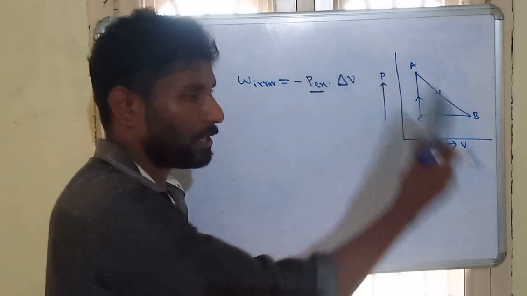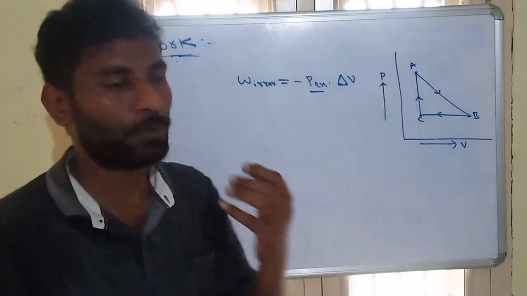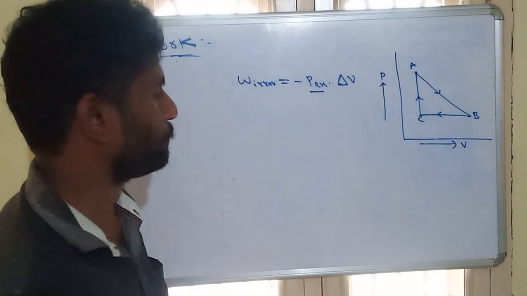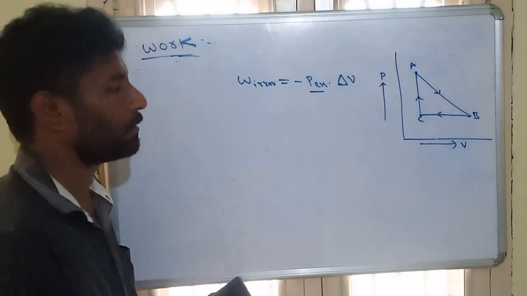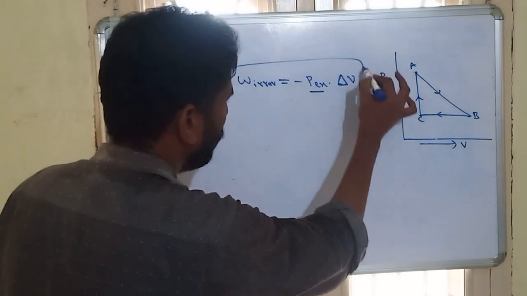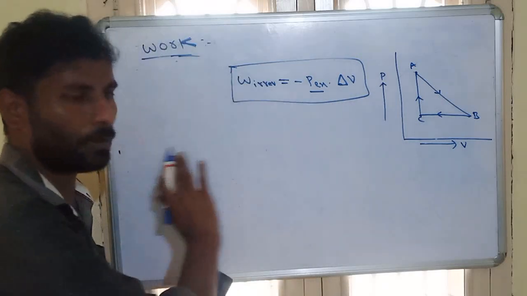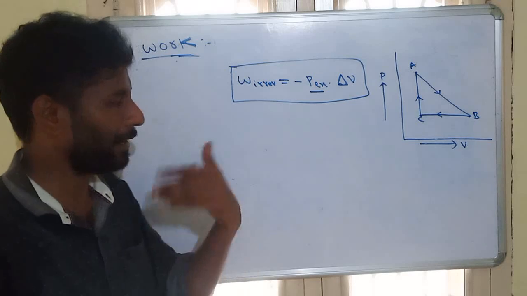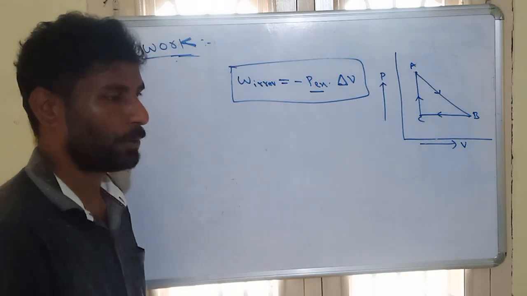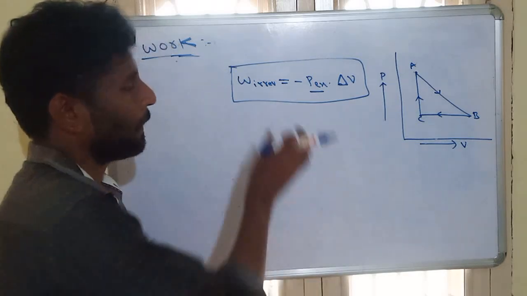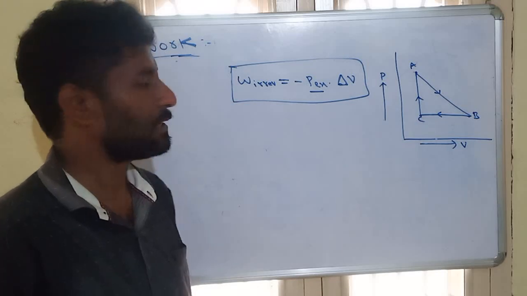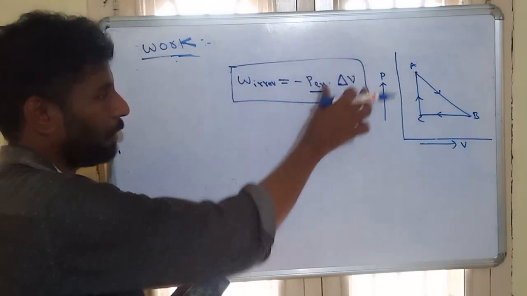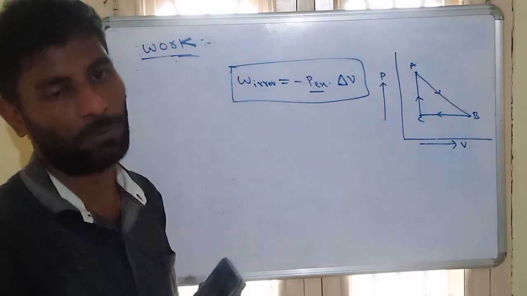Now when pressure is changing, we have to use another formula, called reversible work, which we will see. However, this formula is applicable to all irreversible work. The work can be isothermal, adiabatic, whatever the process. If it is irreversible work, the formula will be minus Pex into delta V. Remember this formula: it is applicable to irreversible work.